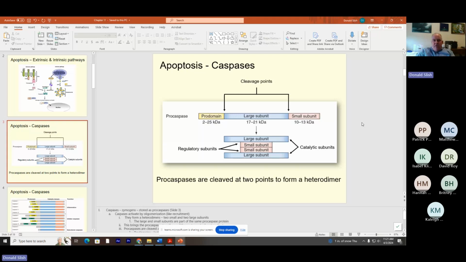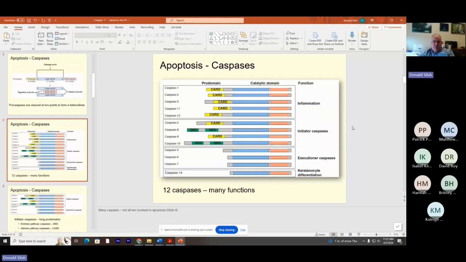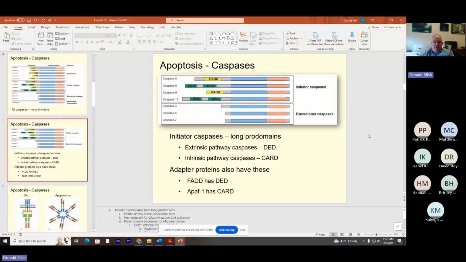Okay, sorry about that. All right, and then we talked about all the different types of caspases. Most of these we're not interested in because they're not involved in apoptosis. These are the ones we are interested in. We've got two different types of initiators, and then these are your executioners. The initiators are divided into your extrinsic pathways, which would have this death